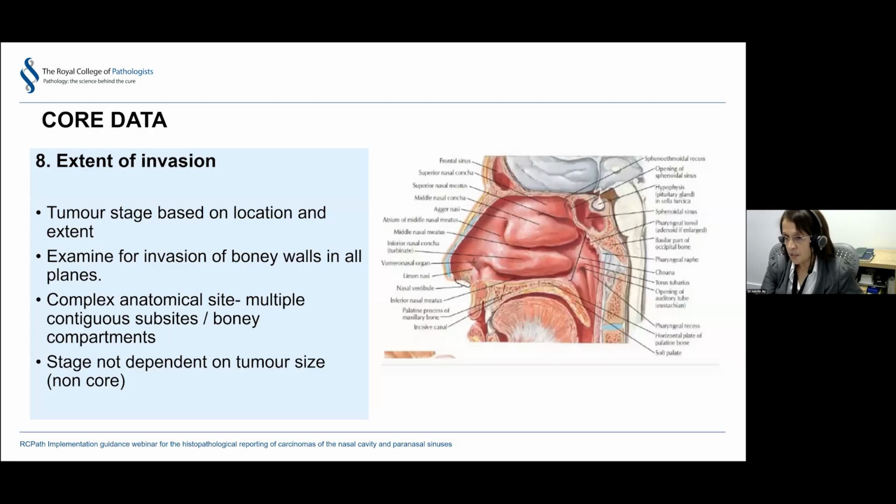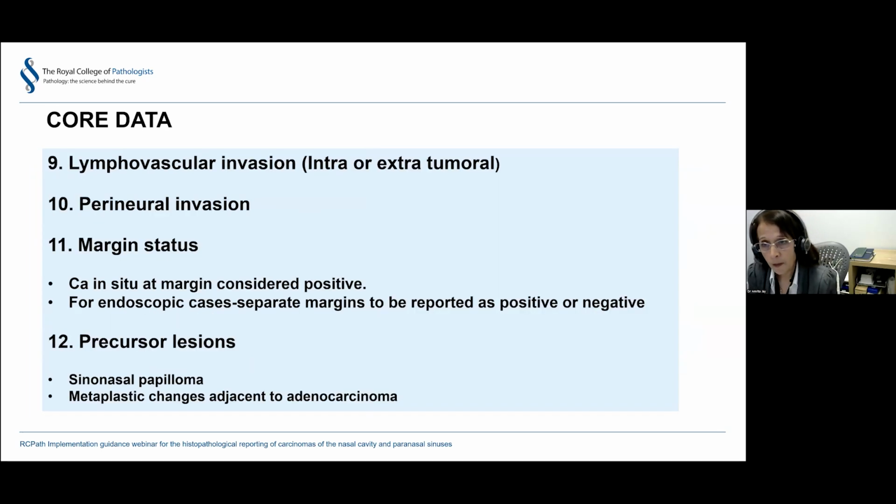especially in endoscopic resections, which are actually multiple specimens with some labeled as a main tumor and the others labeled as probably margins from adjacent sites. You may be able to measure maximum dimension in an en bloc resection, but again, it doesn't dictate the staging of the tumor. Some of the items that we don't have much evidence for in the sinonasal region are lymphovascular and perineural.